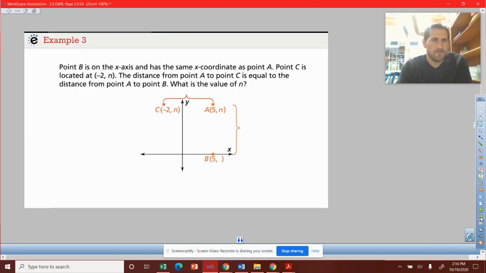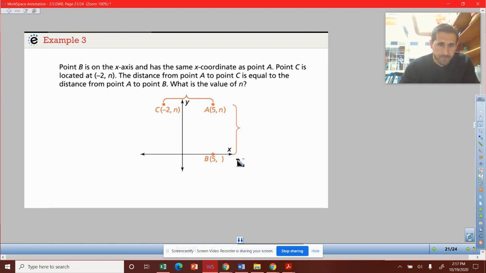Example number 3. This one's a pretty loaded question, but I think if you're getting what we're doing, you're going to be okay with this one, but it's a little bit more advanced. Like the other questions, let's say you'd be at a 2.5 or a 3 if you got those and understood those. And this one's taking you to that 3.5, 4 level on the grade book. So